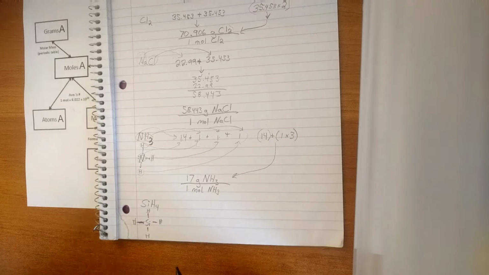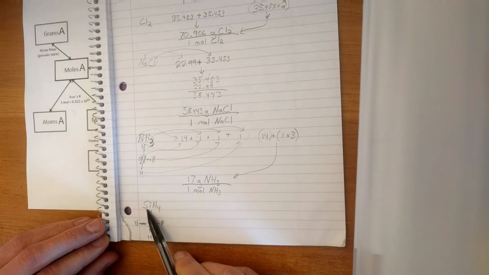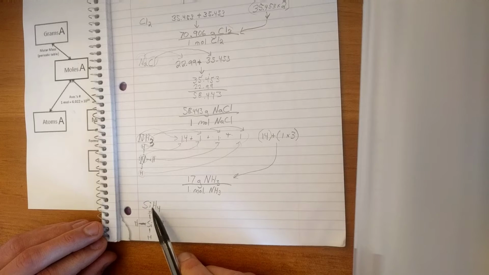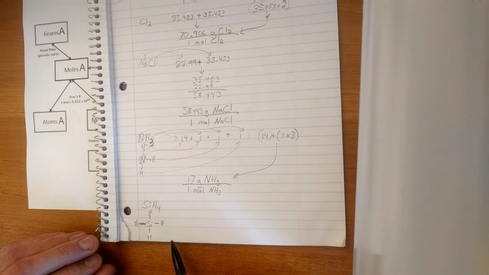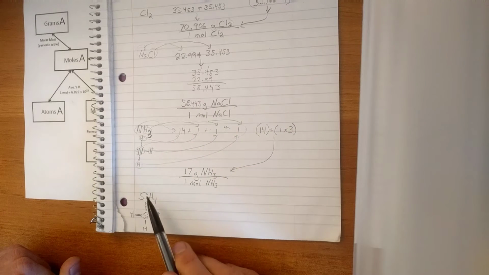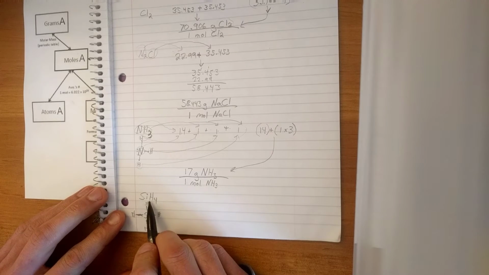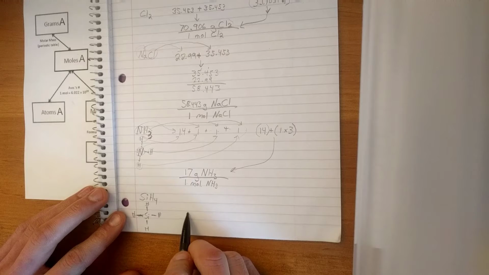Alright, pause the video for a moment. See if you can solve this. What is the molar mass of silicon tetrahydride? SiH4. Pause now. Okie dokie. Hopefully you did pause that and you tried it on your own. The solution is